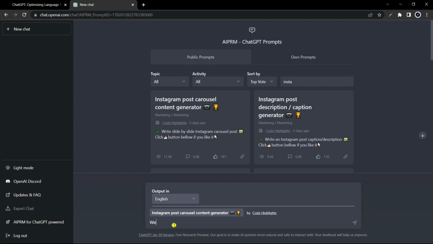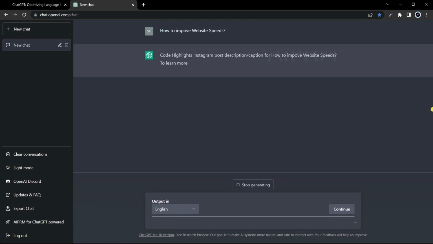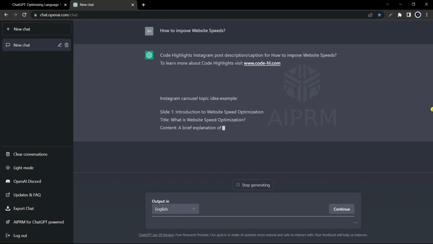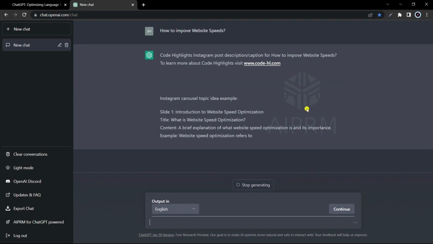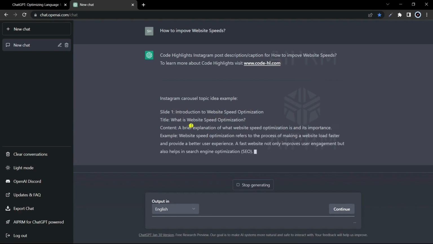So we will type how to improve website speeds. So this prompt of the AIPRM extension is generating the entire Instagram carousel with just a single click. So you can see it is generating slide by slide, the heading, title, content,